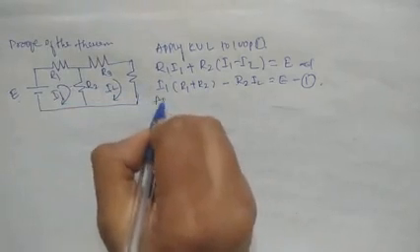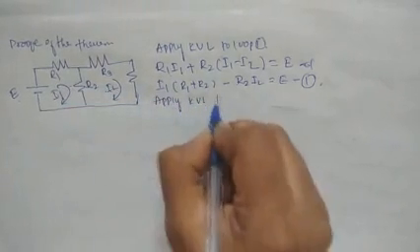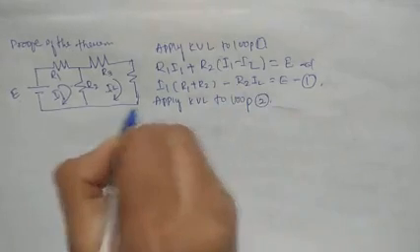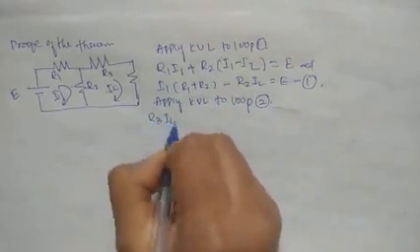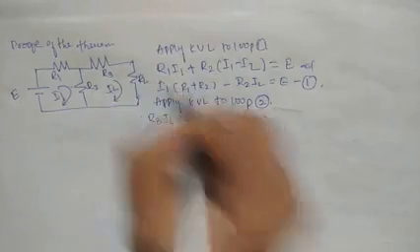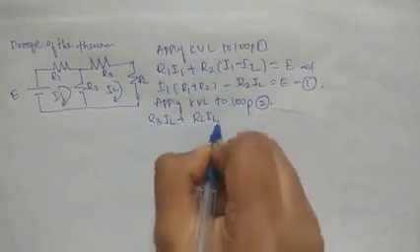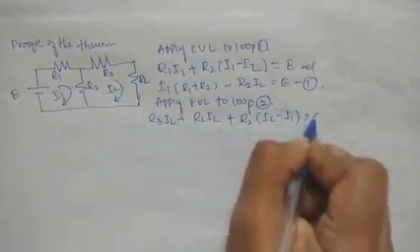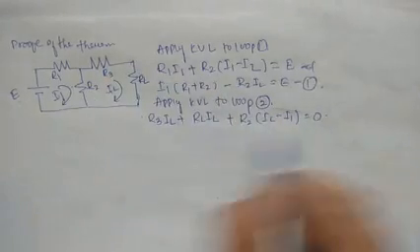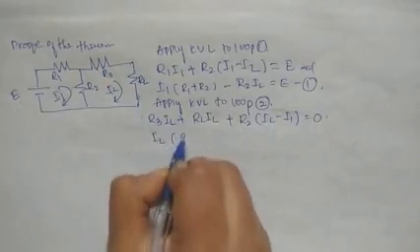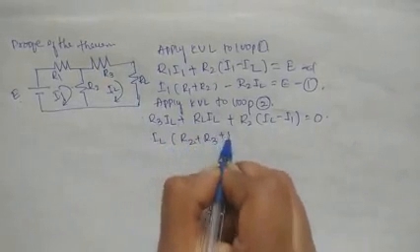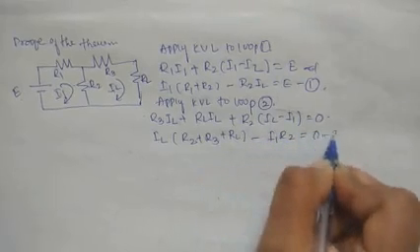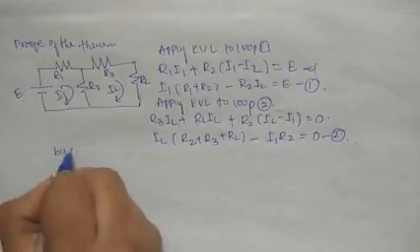Apply KVL to loop 2. Correct? R3 IL plus, this one is a load resistance, RL IL plus R2 into (IL minus I1) equals, there is no voltage source, equals 0. Now IL (R2 plus R3 plus RL) minus I1 R2 equals 0. Equation 2. By equation 2,